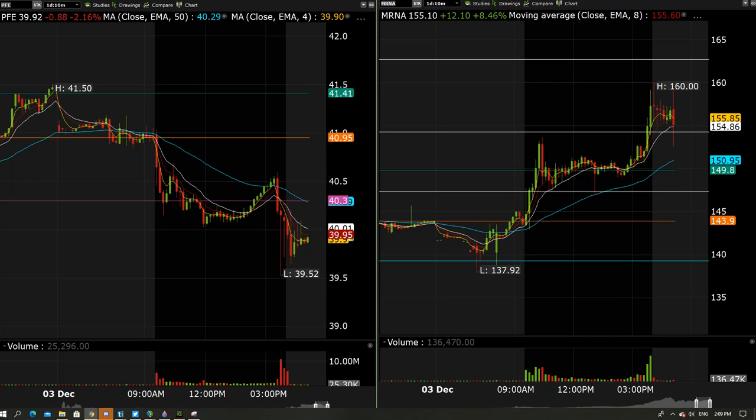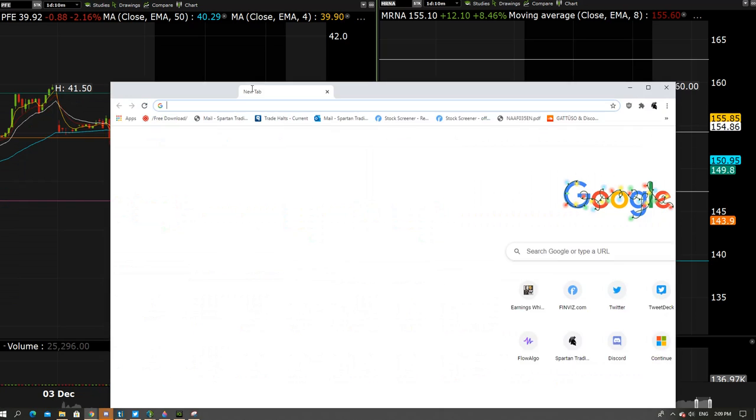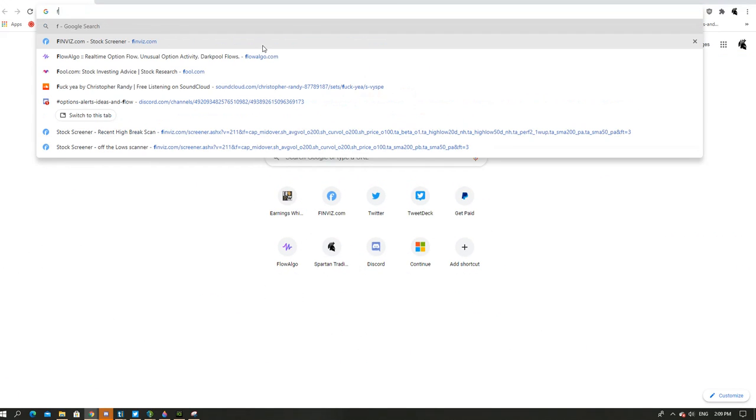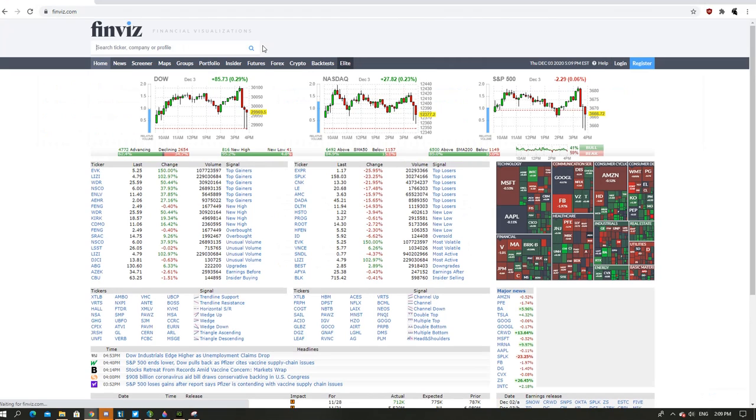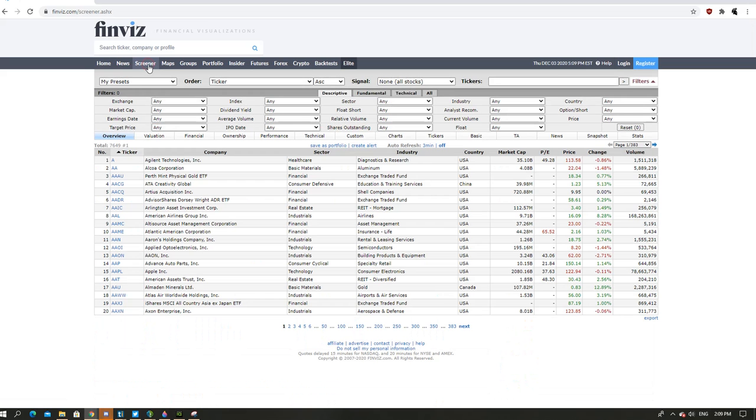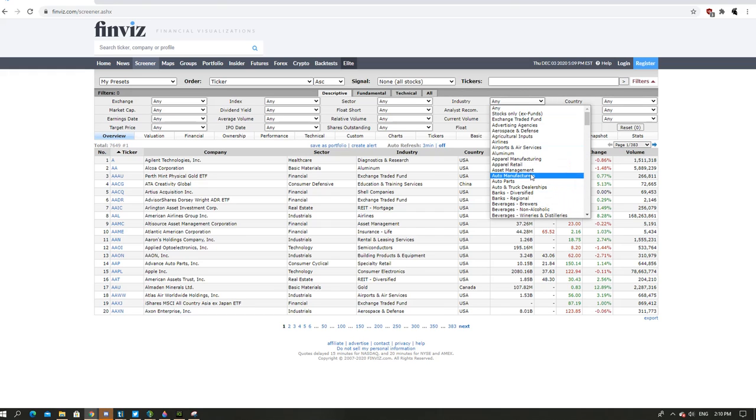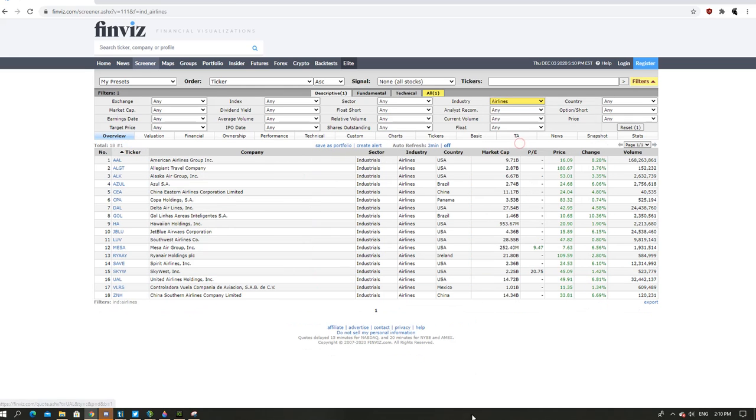Another way to do it is, basically just go to a website like FinViz or use a stock screener. Any one will work. FinViz is my favorite because it's just such a good one. It's free, and it lays it out nicely. You can go to FinViz. You can literally go to industry and select an industry. Let's go airlines, and you have a list of all the airlines. Throw it into a watch list. When something positive comes out on one airline company, it may positively affect other ones. You have your watch list. You can quickly check it, and you can decide to trade other things in sympathy with another name. So, real simple, basic,